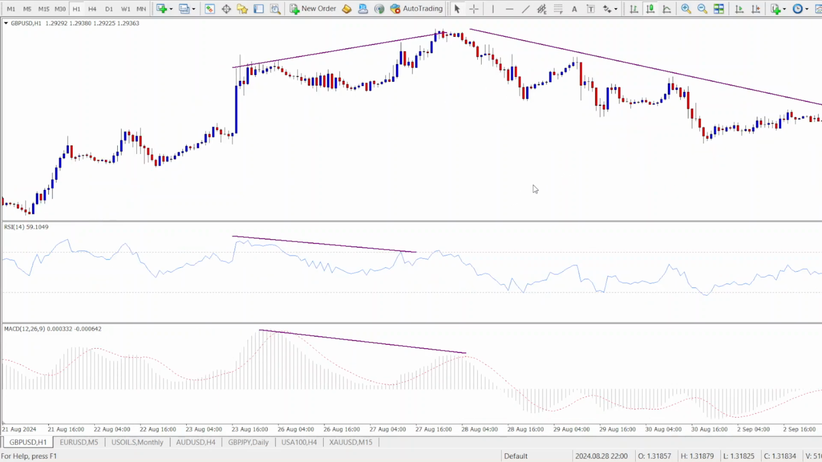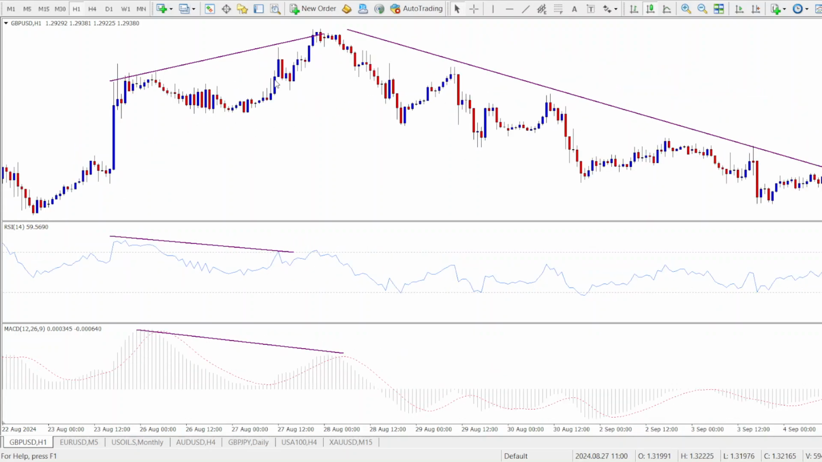Okay, so it's important for you to note that when you spot a divergence, it's just an indication that that trend is losing steam. Now, it's possible that the reversal might not happen. Okay, because no strategy is foolproof. But it's just a proof that the momentum, in this case, the bullish momentum is losing steam